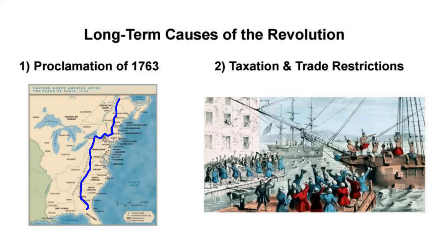The second cause, nobody likes paying taxes, so yeah, there were plenty of lower class people that disliked paying taxes, but this was more troublesome to the upper class because this was cutting into their profits. John Hancock was a wealthy merchant in Boston who was actually quite loyal to the British Crown until taxes started cutting into his profits. Then he started cooperating with really radical people like Sam Adams to lead a revolutionary effort